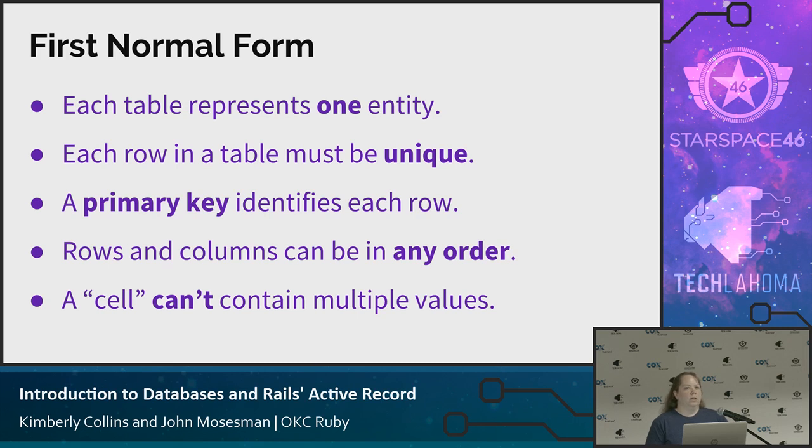There might be a logical order for your rows or a logical order for your columns, but if the table doesn't make sense anymore if you change the order of those, then you're violating first normal form. And again, that's something you'll see very often in a spreadsheet. It's like, well, don't sort this spreadsheet because then everything's messed up, or don't change the order of the columns because it messes everything up. That's not going to be true in a relational database. And then we don't really use the term cell, but if you're thinking of Excel, each cell can't contain multiple values. And you'll see this a lot for things like phone number. There's a column for phone number. Oh, we'll do my home phone number, my cell phone number. I just put both, comma separated, it's fine. That would be fine in a spreadsheet, but it's not fine for normalized data.